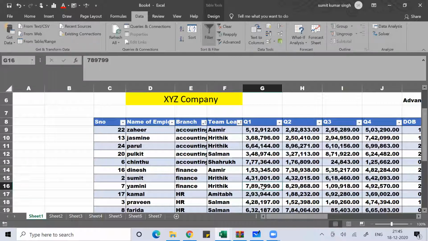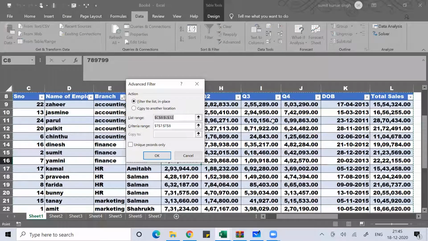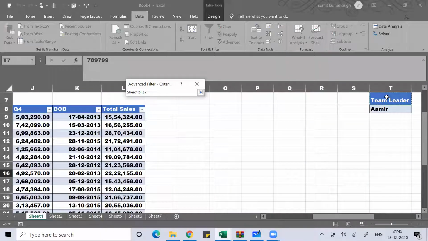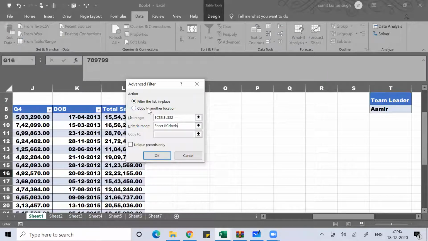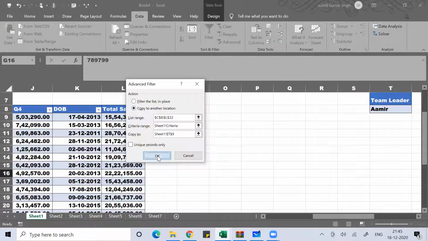The list range is already selected. For the criteria range, your criteria range is team leader Amir. Then choose copy to another location, and select where you want to copy it. You want to copy it here. Press OK.